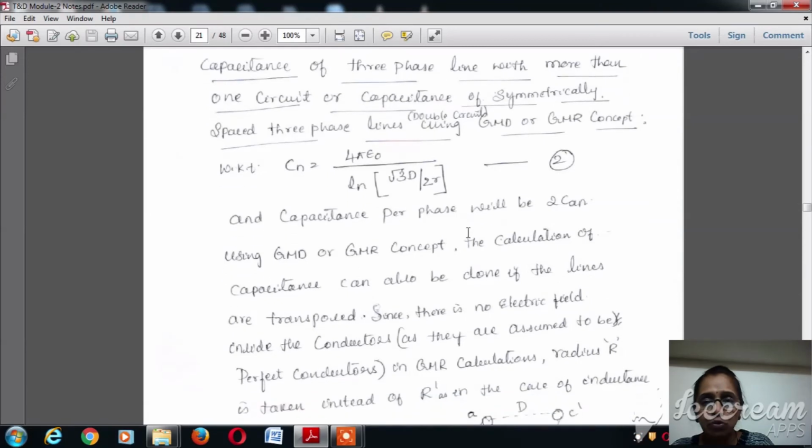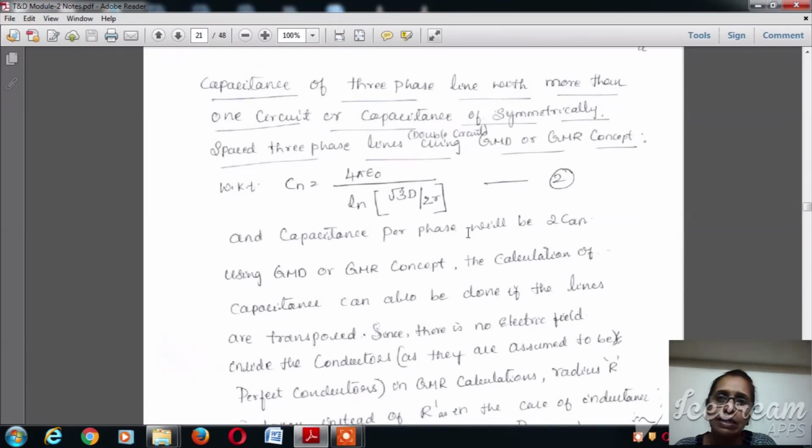If we do not do this, the value of the inductance varies, which is going to add a lot of complexity to the design of the transmission lines. So this is about the inductance and its effects, and how to calculate the inductance when the three-phase lines are symmetrically spaced. We also understood how to calculate the inductance of the conductors when the three-phase transmission lines are transposed.